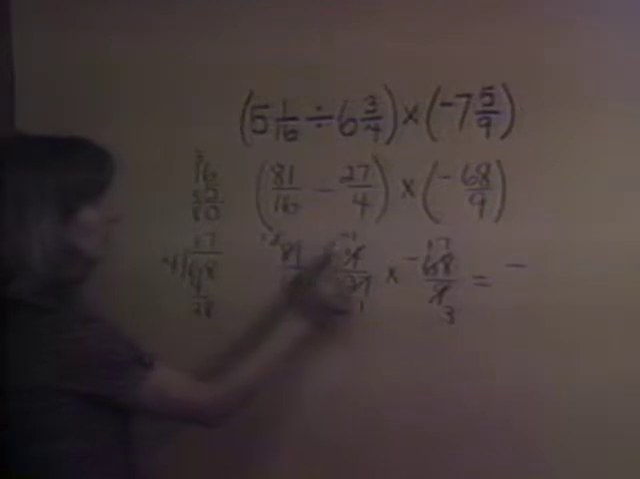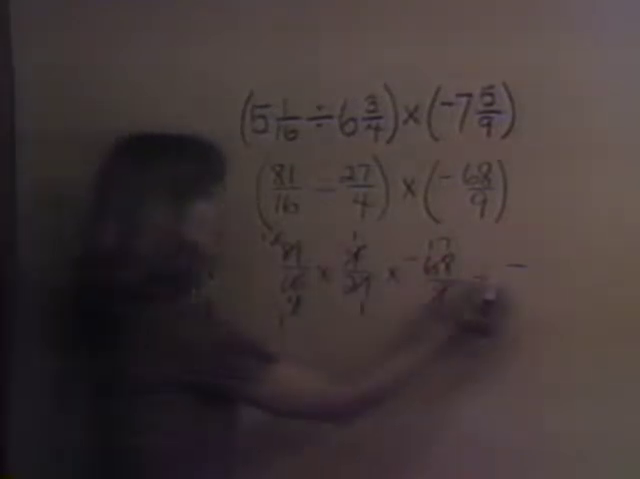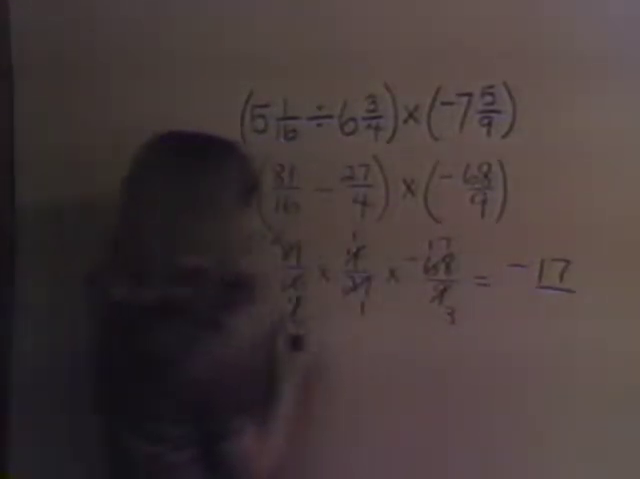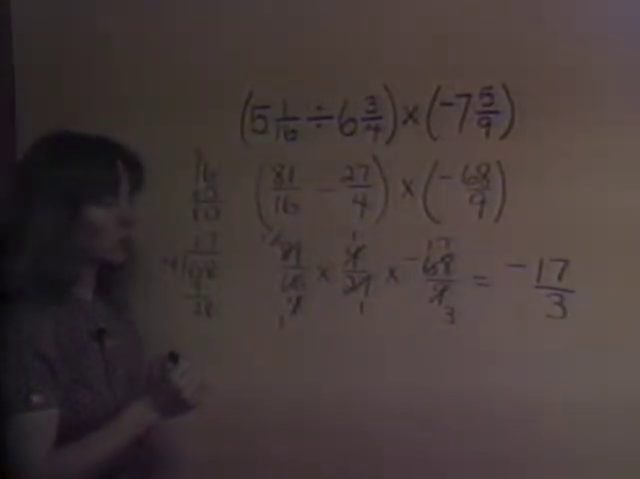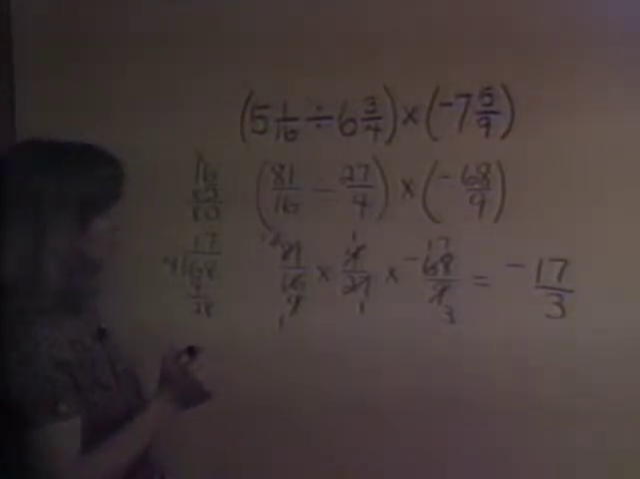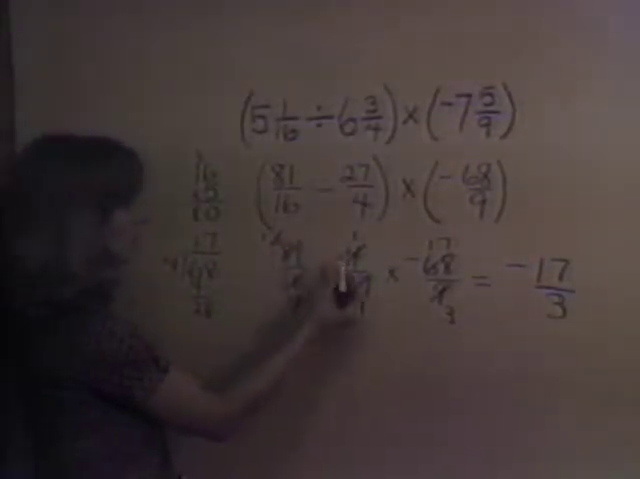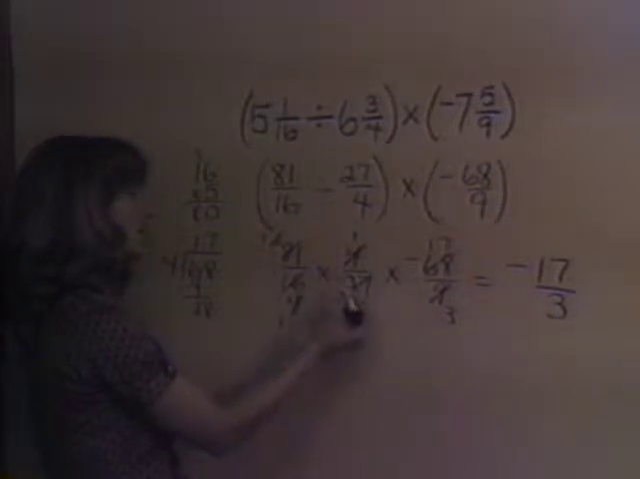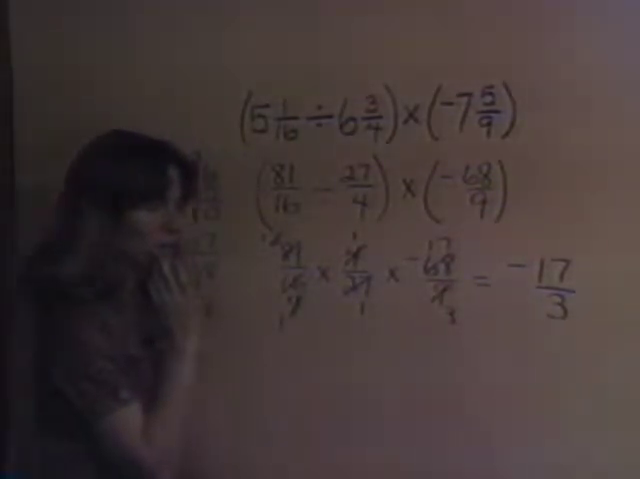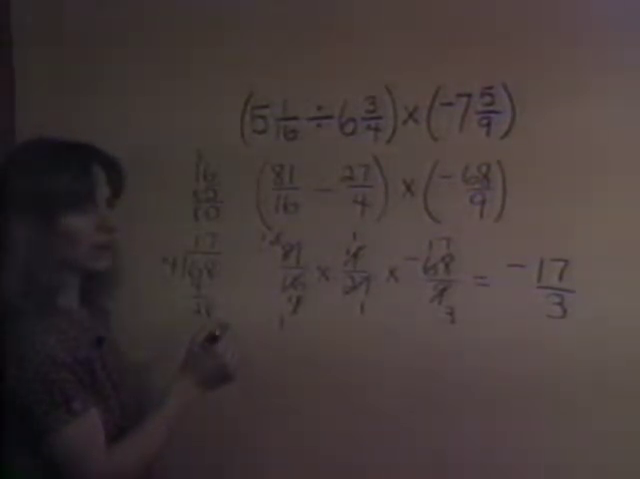Now I'm left with 1 and a 1 and a 17, a 1 and a 1 and a 3. So 1 times 1 times 17 would be 17. 1 times 1 times 3 is just 3. And that would be the final answer, unless, of course, we wanted to change it from a reduced fraction to a mixed number. Now let me back up just a minute. When you're multiplying fractions like this, you could always go 81 times 4 times 68. That would be a big number, but you could do that, and then 16 times 27 times 9 and figure out that large number. But it's easier if you do the simplifying first, because then you don't have to do quite as much computational